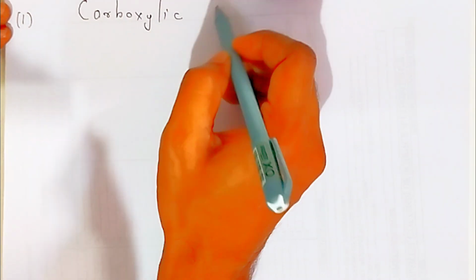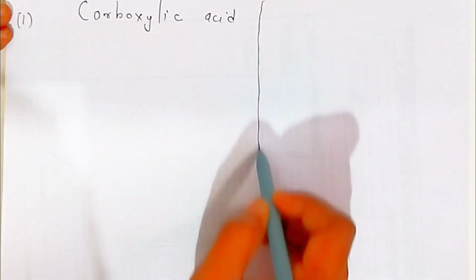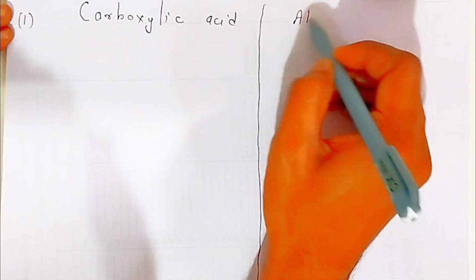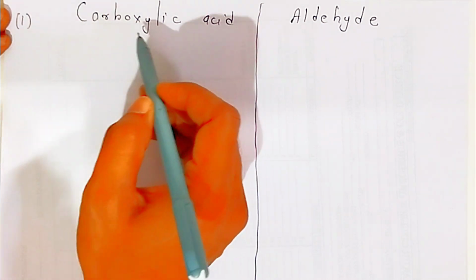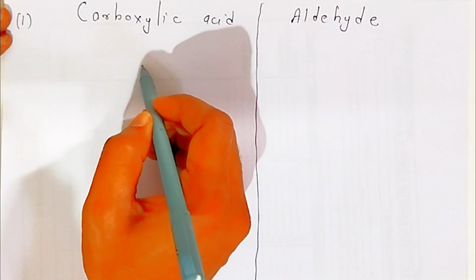We are going to see some compounds. As I have already told you, all the names have been derived from carboxylic acid. So we will do carboxylic acid nomenclature first, and then we will see aldehyde. Since carboxylic acid and aldehyde all contain the carbonyl group, the first compound that we are going to see is